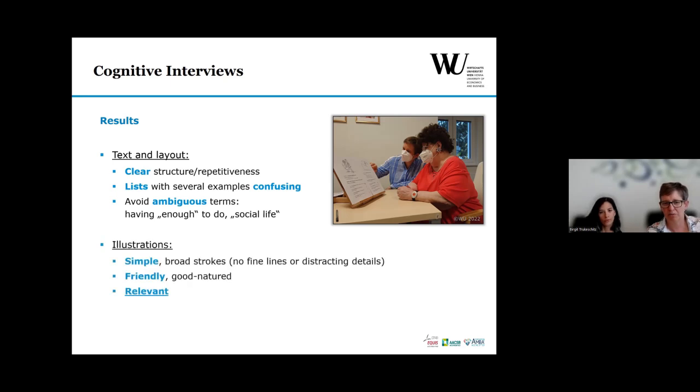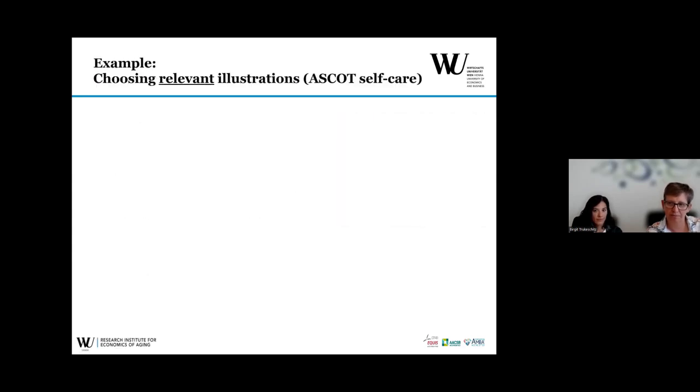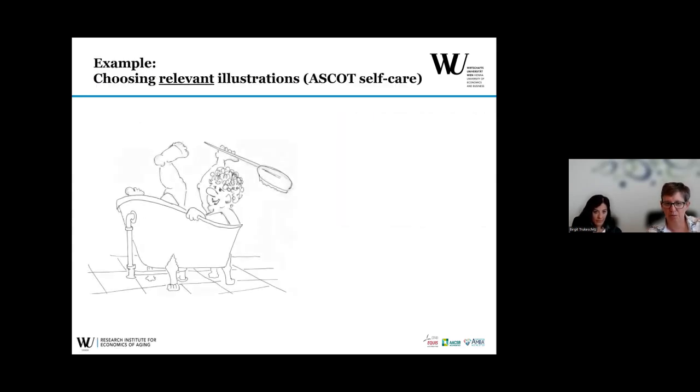And in terms of illustrations, they should be simple, no fine lines or distracting details. They should be friendly. This is what people really appreciated, and they should be relevant. And for relevant, I would like to give you an example for the self-care domain. So we first had this one, a person in a bathtub, but people said, well, you know, I